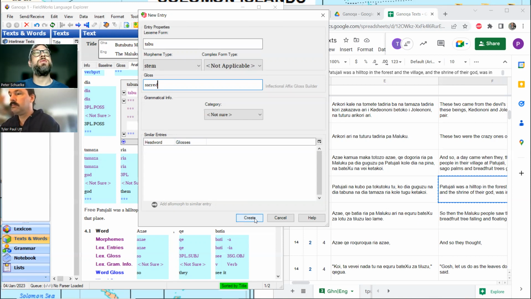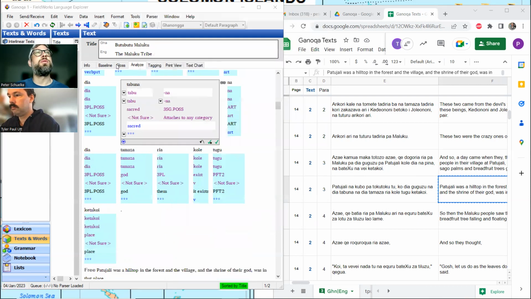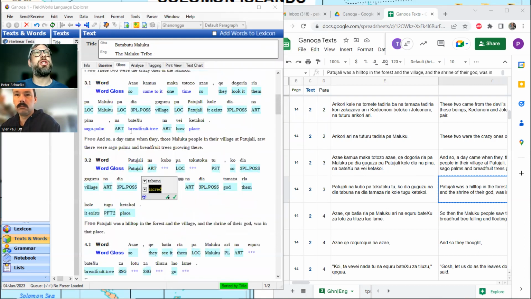I know that in Roviana you can use tambu to discuss certain relationships with people. So people are your tambus. I believe it is the cross-sex in-laws, though maybe my terminology is wrong. My wife's brother, I believe, is my tambu in Roviana. If I'm wrong about that, and you speak Roviana, please write to us and tell us, we want to know the correct thing. But it's just an example that taboo doesn't necessarily mean words you can't say. It could mean a lot of things, although it's commonly also associated with words you can't say.